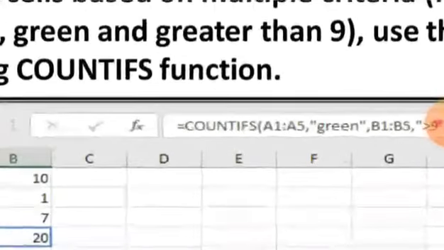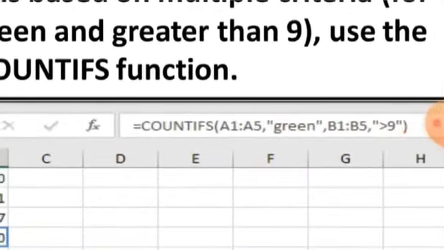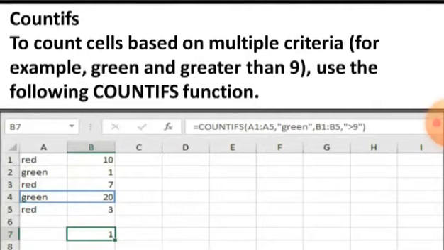You can see the function =COUNTIFS(A1:A5, "green", B1:B5, ">9"). It means A1 to A5 cells contain green and B1 to B5 cells contain greater than 9. When both conditions are true, then only the cell will be counted.